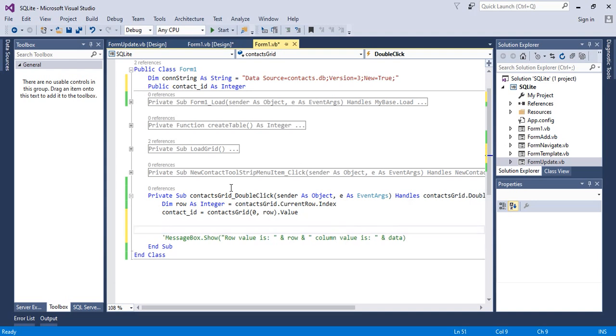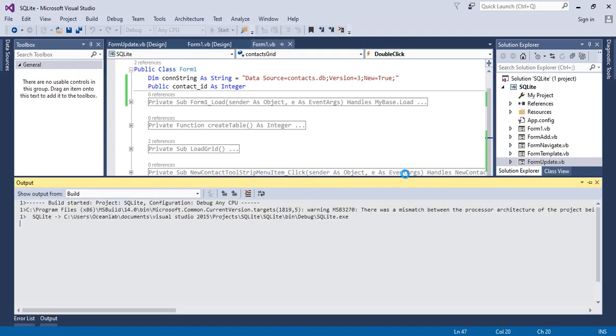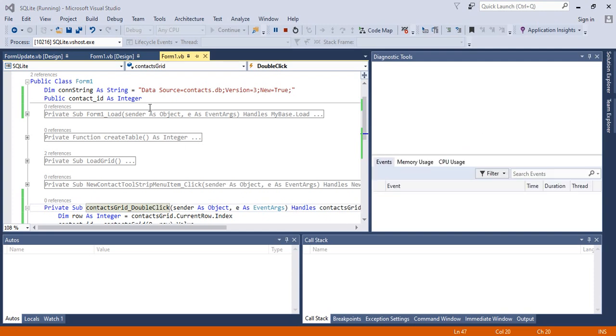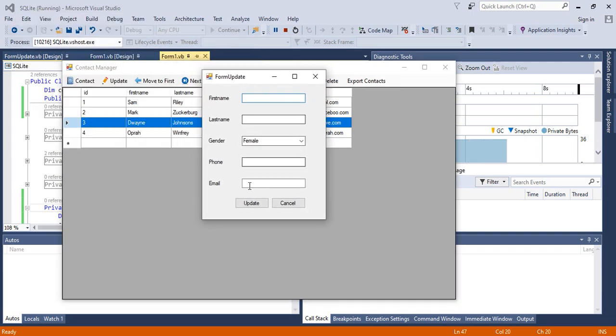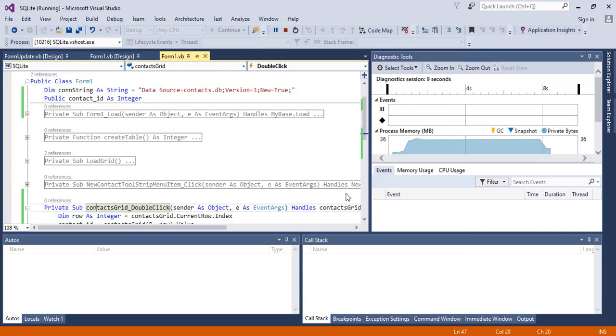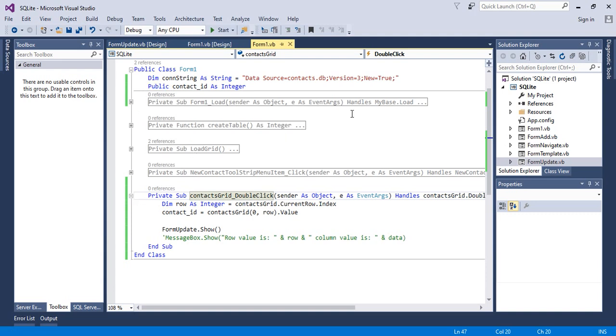So I will say form update .show. So this is basically what I need. I will try to run it and see that it works perfectly. So when I double click, the form will appear. That means it's working fine. So the next thing that I will do is I will copy and paste